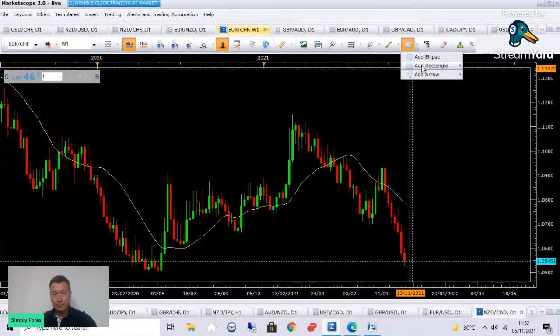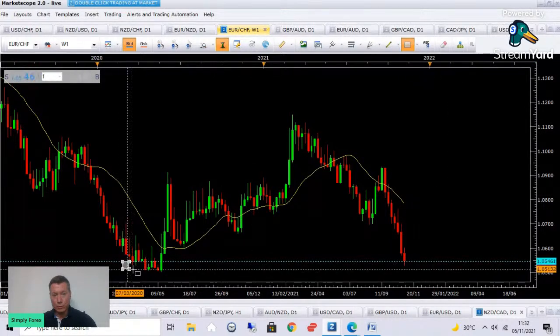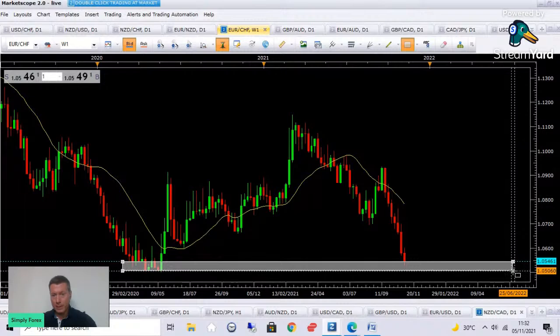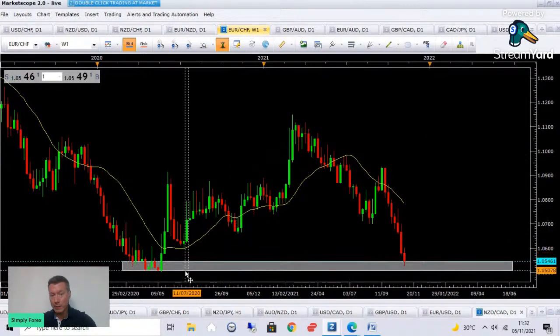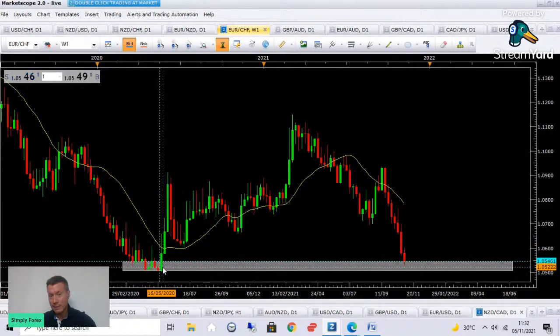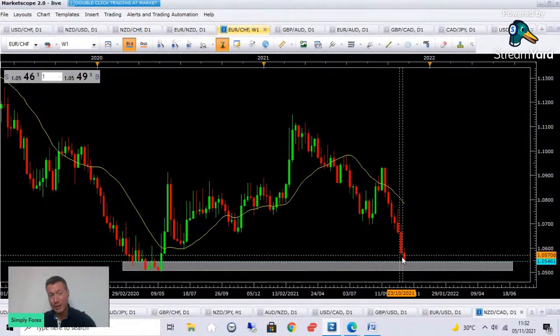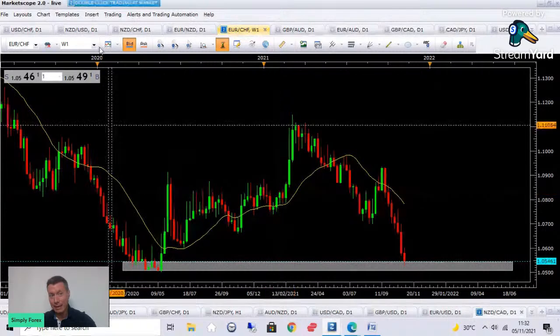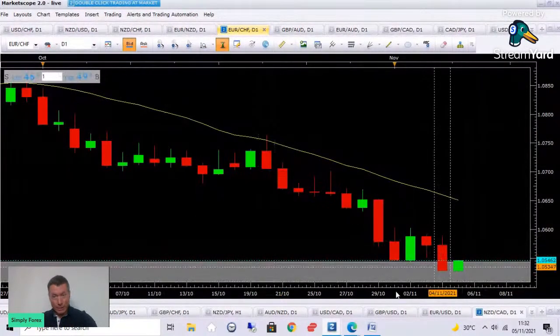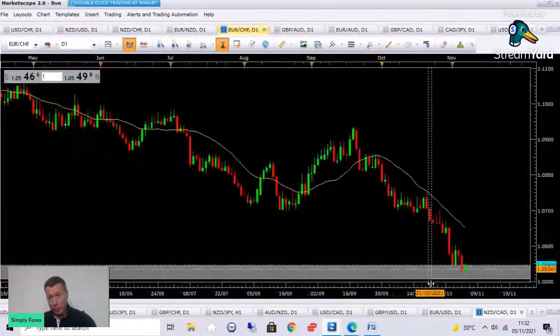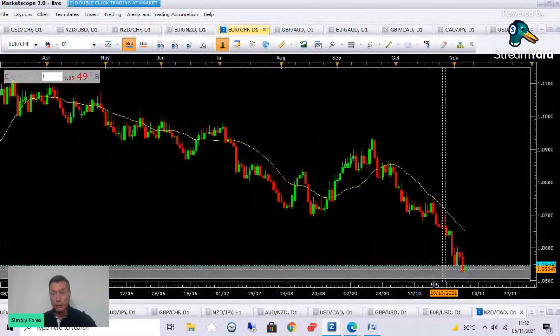So I wouldn't fancy shorting this anymore, because it's coming into a zone on the weekly. Remember, guys, on the weekly chart you can see there's some support here and price is at that level. Let's go back to the daily chart. I know this is bearish, and it probably could go a bit lower, but I'm not willing to short that anymore.